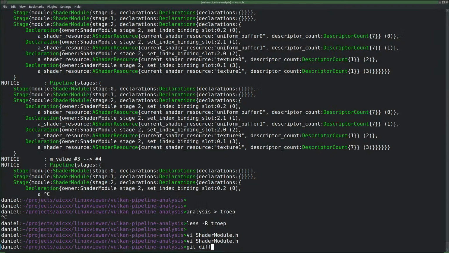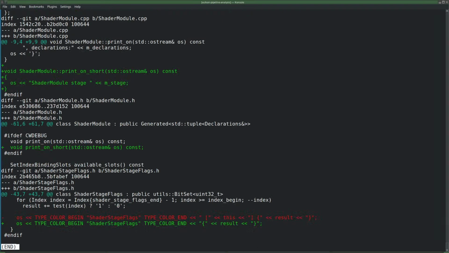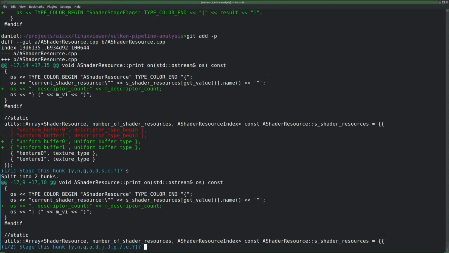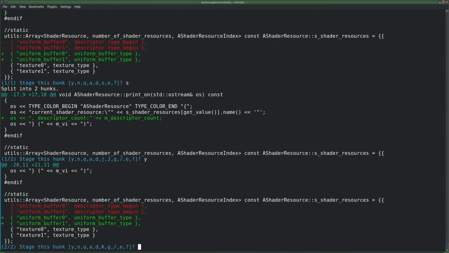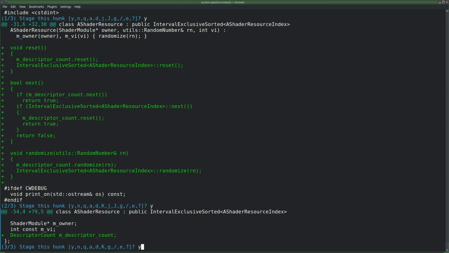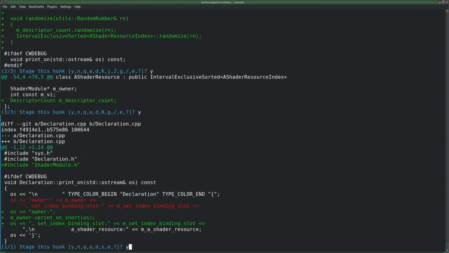I guess I should first commit what I have now. Descriptor count. I added that. It seemed to work more or less, right? Yeah, we can just add that. And that was an improvement. That was required, and this is what I just wrote. It more or less works, and I added that, and I printed,